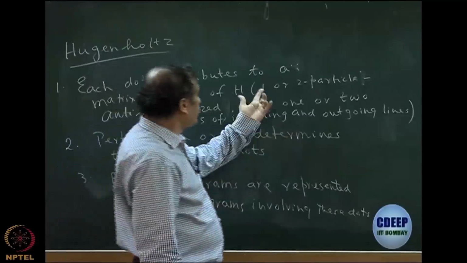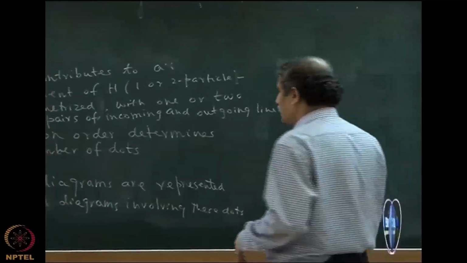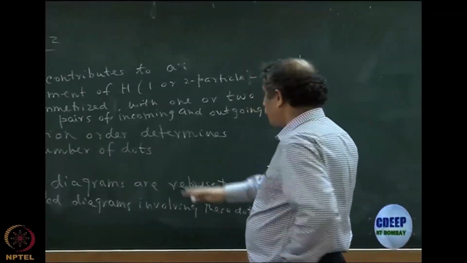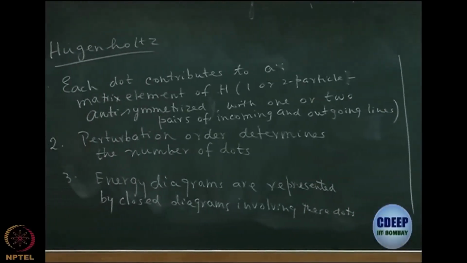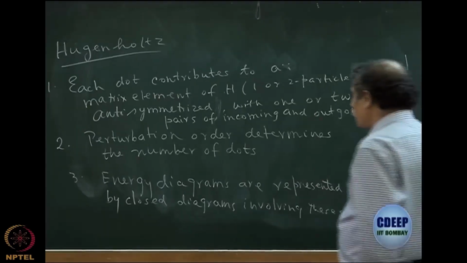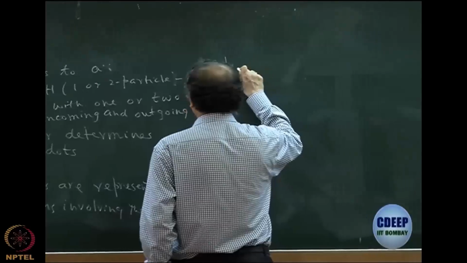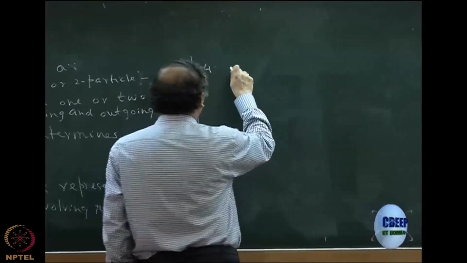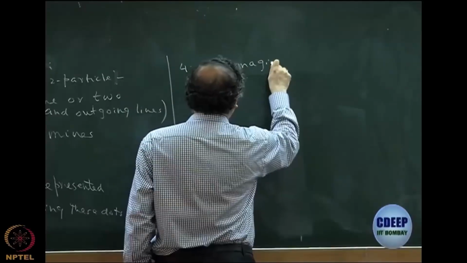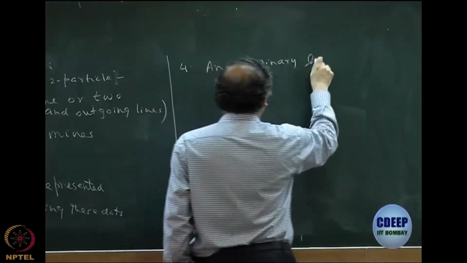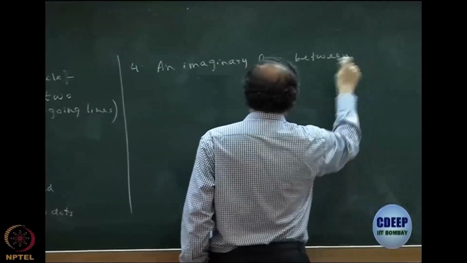So I have either one pair for one particle or two pairs for two particle dots. And then energy diagrams are represented by closed diagrams involving these dots. So I just join all the dots in a manner that they are completely closed. Okay, then an imaginary line between the dots